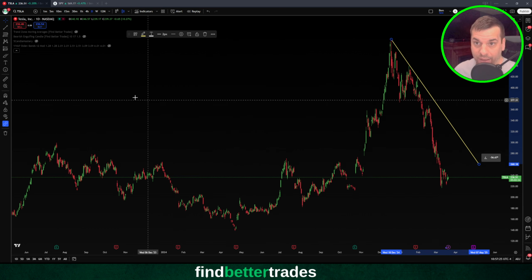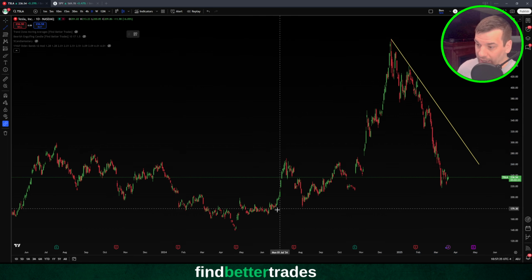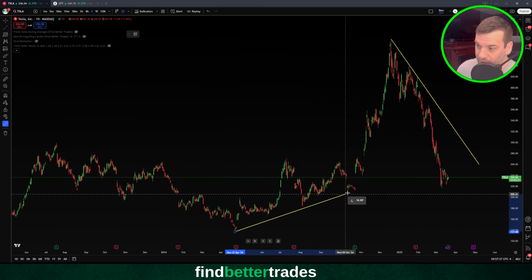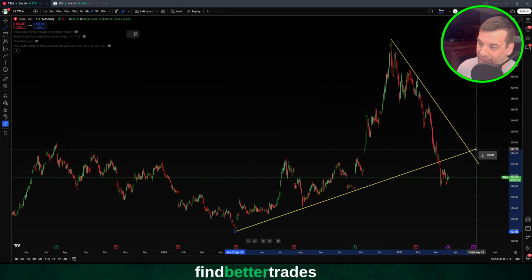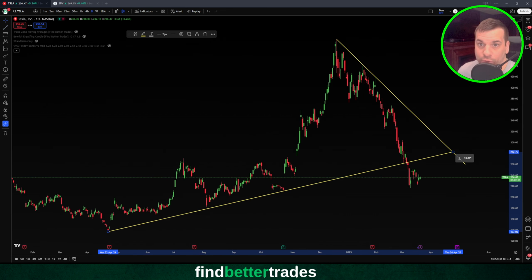Another way that you can use trend lines is by hitting these lows right here. Remember, we're on the daily chart, and you want to draw your trend line, and there are usually going to be a few. You want to have at least 3, right? You want to have at least 3. So let's go ahead and zoom up on this. There are 3 points: there's 1, there's 2, and that's almost